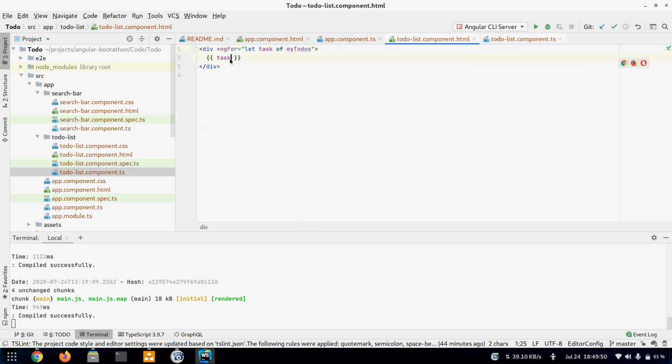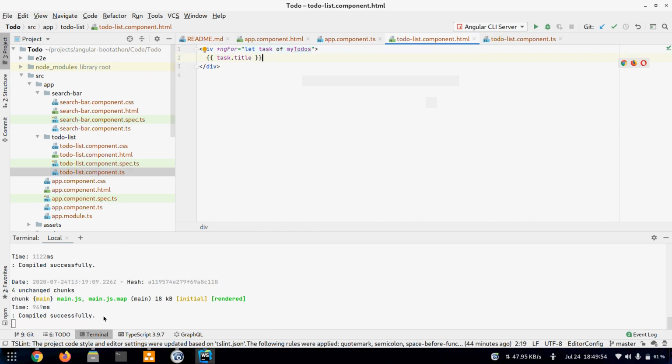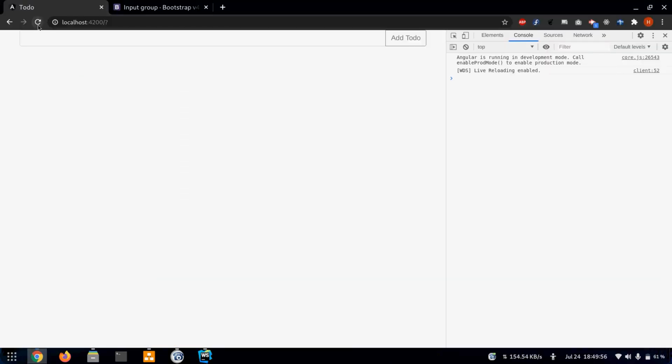So let's change it to task.title. Okay, so let's try one more time. Task 1, task 2. Okay, so our loop is working correctly and the data is also getting displayed.